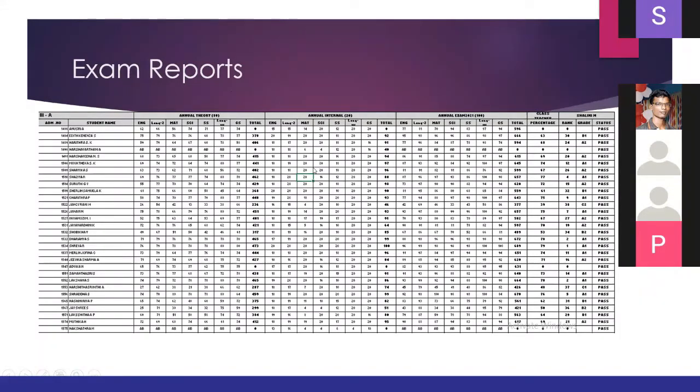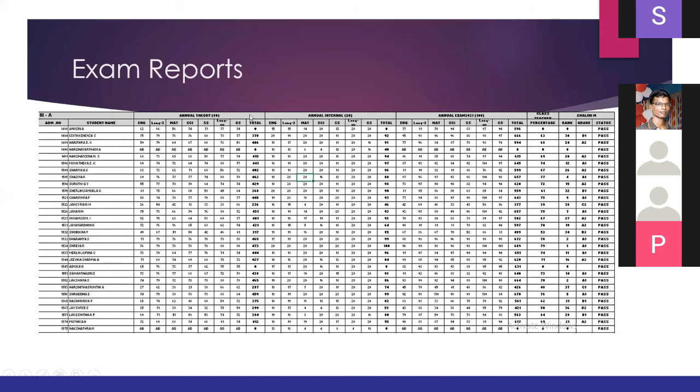So instead of writing marks on papers and wasting time, if you use the examination module, it will reduce your work and your stress. Once you simply enter the marks, it will show all the results: student percentage and rank, also the grade and student status, pass or fail.